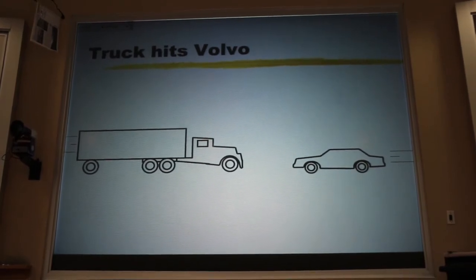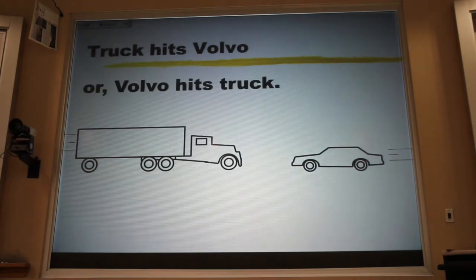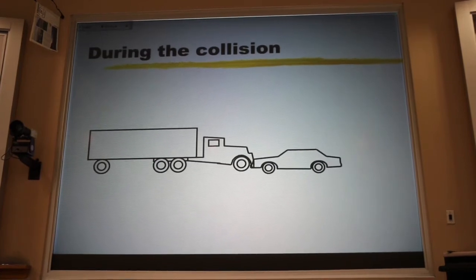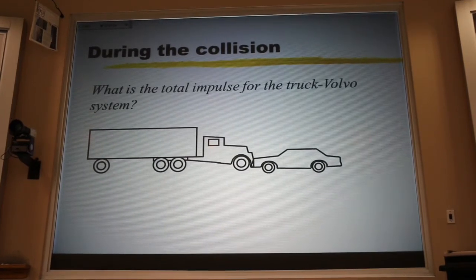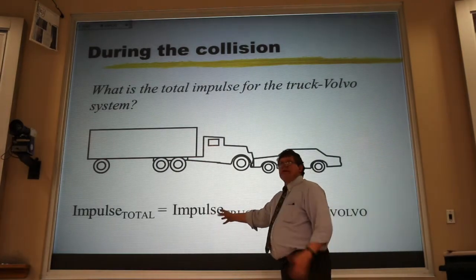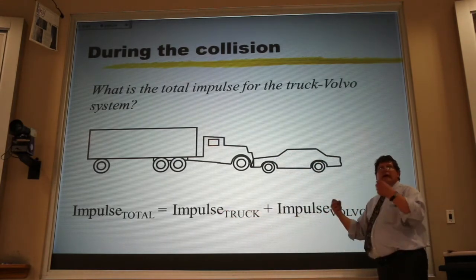Suppose I have a collision where a truck hits a Volvo, or maybe I could say a Volvo hits a truck, and during that collision, if I were to ask you to find the total impulse for the truck-Volvo system, well, impulse is a force times a time. And if I want the impulse on the system of the truck and the Volvo, I would have to find the impulse on the truck as a vector and the impulse on the Volvo as a vector and add those